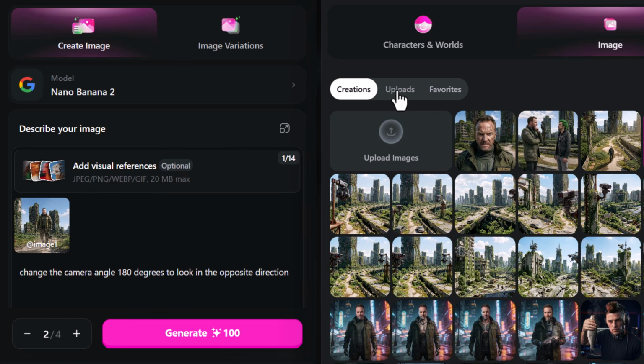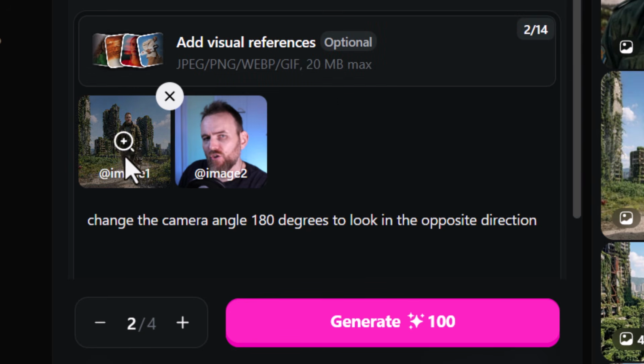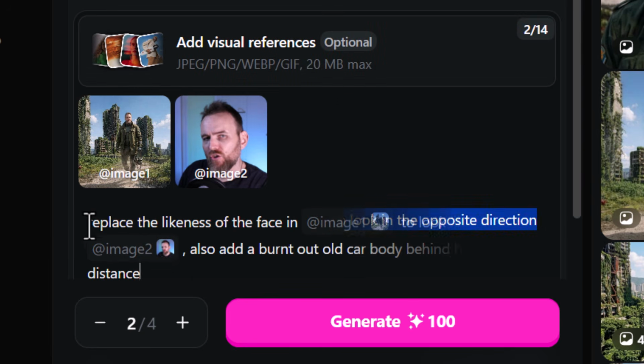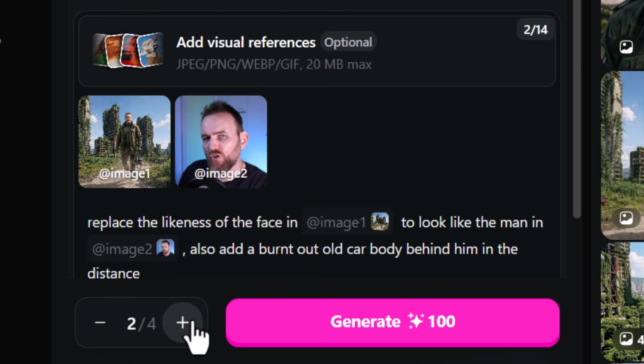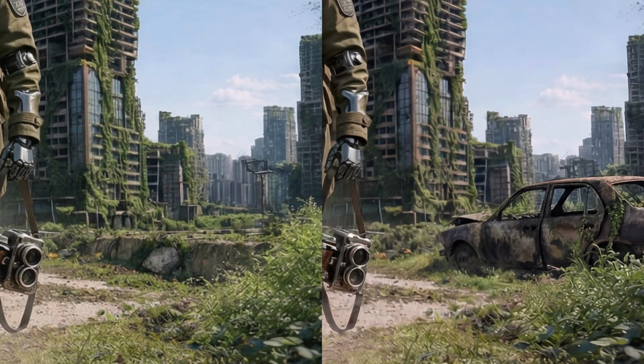I have some old uploads, and I can get this image of me and even repair some of these images after the fact. So maybe I say something like, replace the likeness of the face in image 1 to look like the man in image 2. Also add a burnt out old car body behind him in the distance. Again, I'm going to generate a couple of these, and you can see how my face gets repaired quite easily. We're able to add that car into the background,